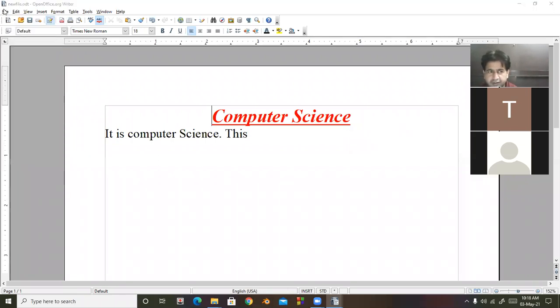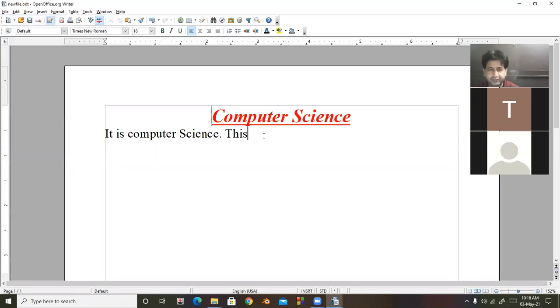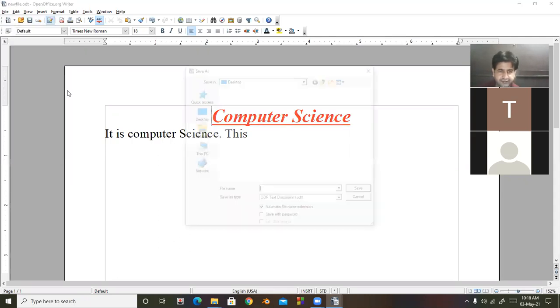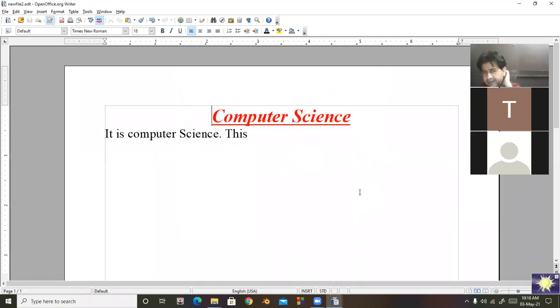It means all the changes will be in a new file. Okay. So this is save as. So I will have to give the new name, a new file name, and click on save button. It means changes are in the new file, not in the old file.